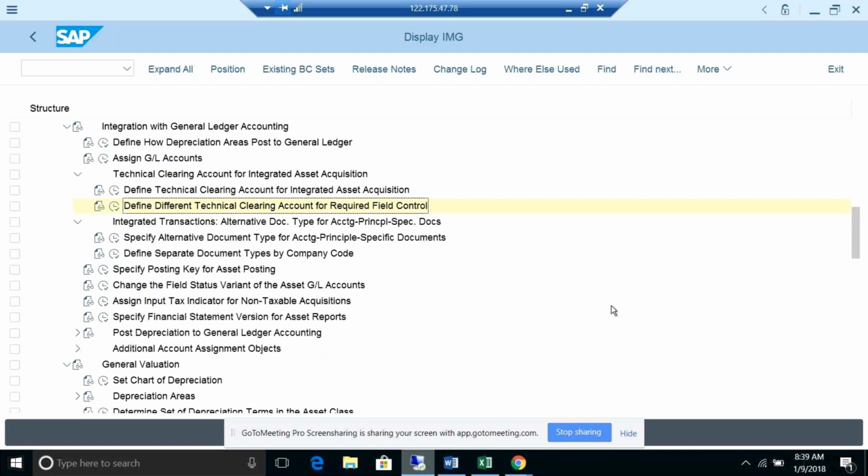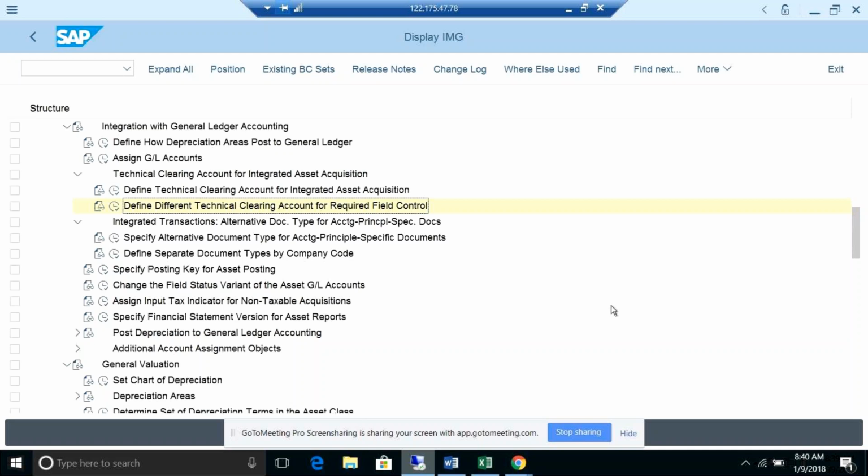So it will show only one depreciation area, one accounting principle you have. But anyway, it will be posted to the technical clearing account first, then it will be posted to the asset at the second leg. So one is the user entry point of view, and the second is the valuation point of view. The valuation will again be in the second leg, valuated according to the accounting principle which you attach to your depreciation area for book depreciation. For example, here it is LG, so it will be posted in the second leg only. When you're asking whether we can go ahead without a technical clearing account with only a single accounting principle, that's also not possible. The technical clearing account is mandatory because you are adding one more dimension here.